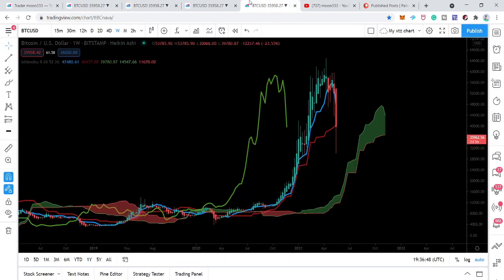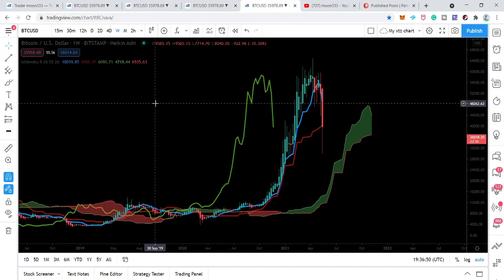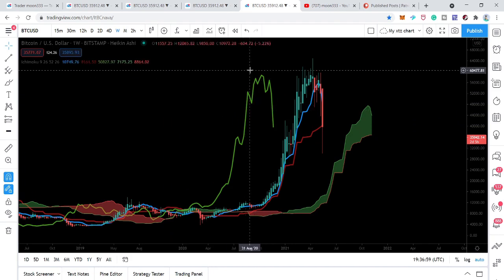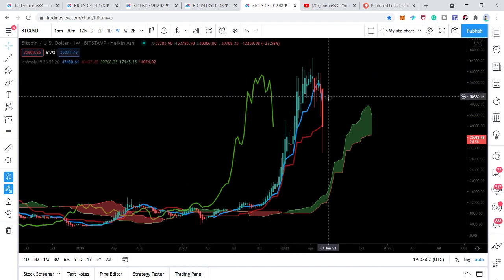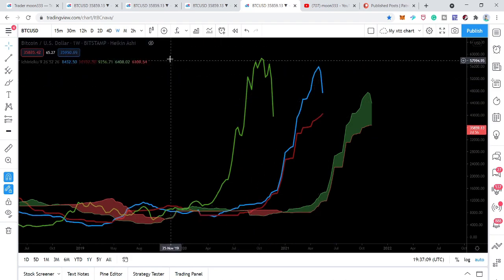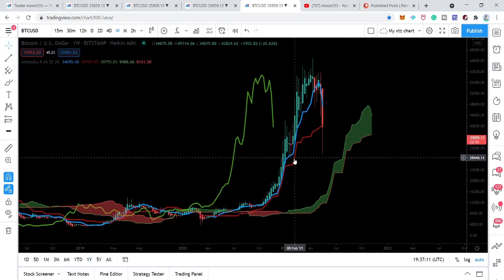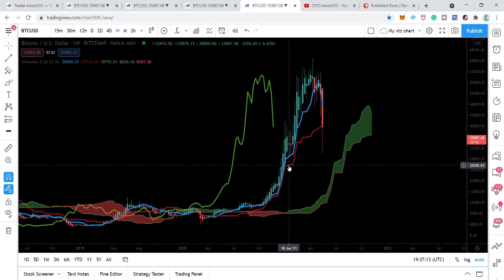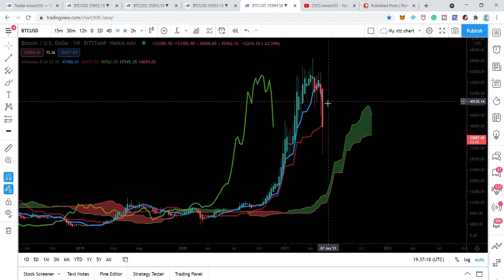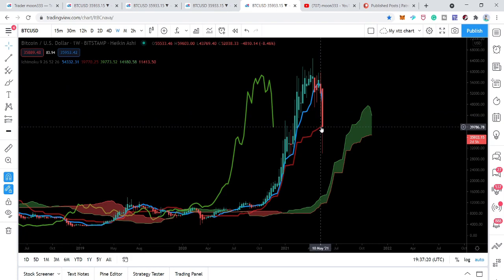Now I want to show you this Ichimoku Cloud. Whenever the bull run ends, what happens? How does the Ichimoku Cloud give us the signal? At this time, this is the lagging span, and this is the conversion line. This blue one is the conversion line, and this red one is the baseline. Whenever this conversion line crosses up this red line, this baseline, that is a buying signal. Whenever this conversion line crosses down this red line or baseline, that is a sell signal.